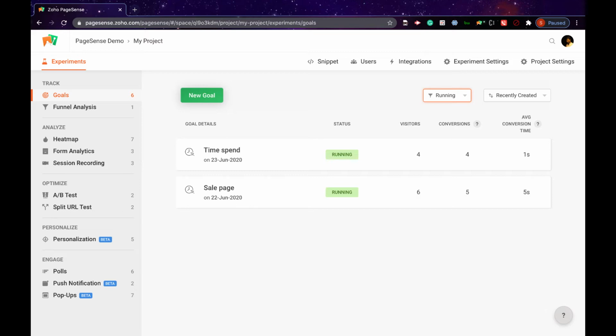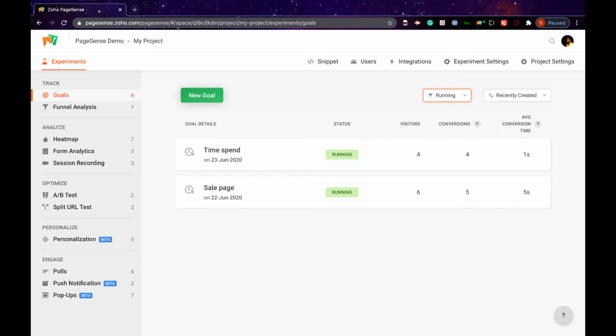Moving on to the personalize, you can personalize your entire visitor journey using this specific module. And the final module here we have is the engage one. In engage, we have polls, in which you can run polls in your website to collect user feedback. And the next is the push notification, with which you can send notifications to the user based on targeted campaigns. And the final one is the pop-ups. Pop-ups are boxes that appear on the browser to grab the user's attention for their products and businesses.